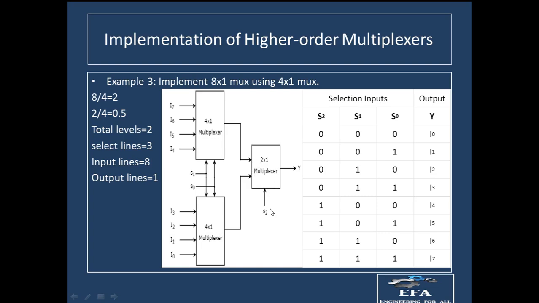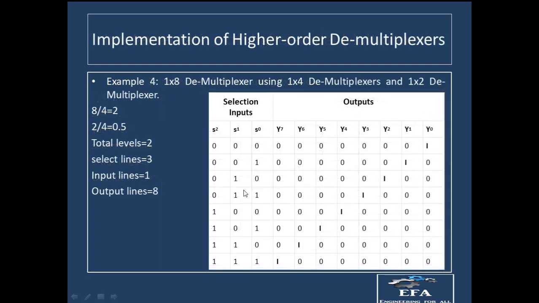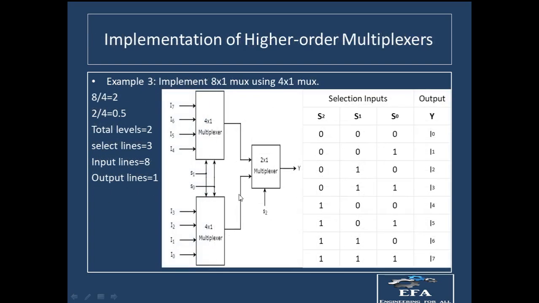And there should be 2 select lines, right? So in that case, when the outputs are coming from these two multiplexers, there will be only 2 in number, right? One is coming from here and the second is coming from here. So when these two outputs are coming from these two multiplexers as the input to the next 4:1 multiplexer, only 2 input lines will be covered and the rest 2 will be empty. And secondly, the number of select lines required over here will be more than 1, right?